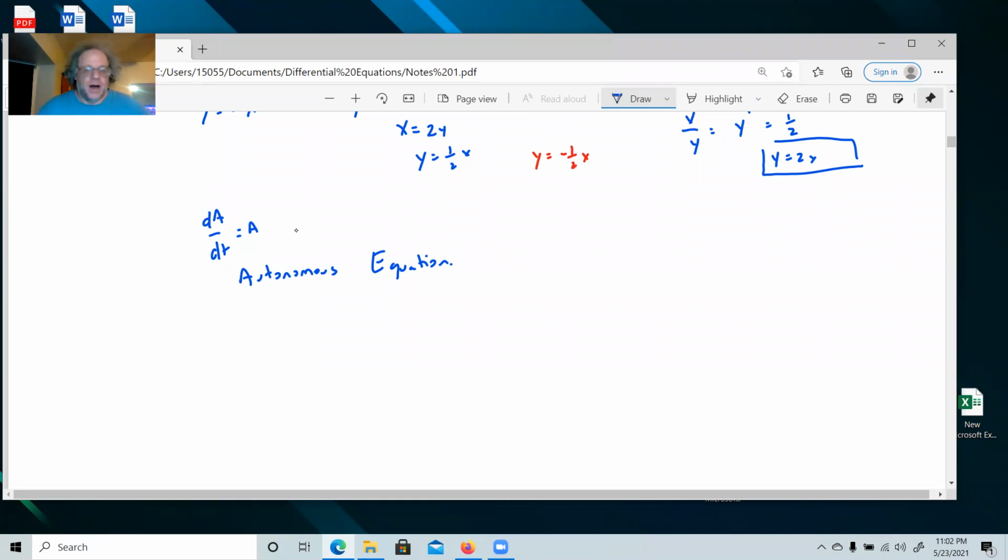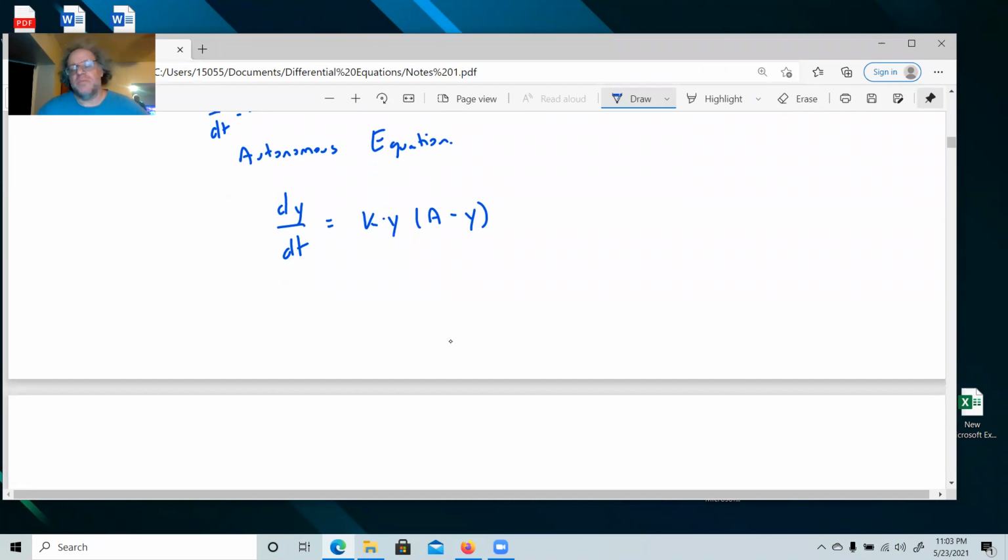I think the most common example is something like dy by dt is equal to k times y times (a minus y). Kind of like a zombie outbreak on a cruise ship or something. And this is actually very common for diseases as well. So what we're going to do is what they call a phase diagram, and it's a one-dimensional graph. What they want you to do is come up with what they call the critical points,